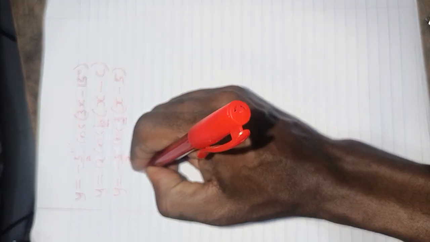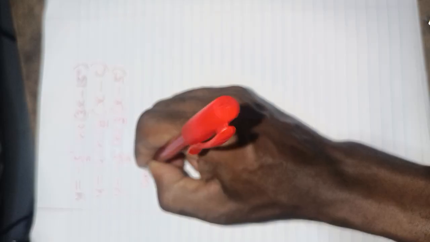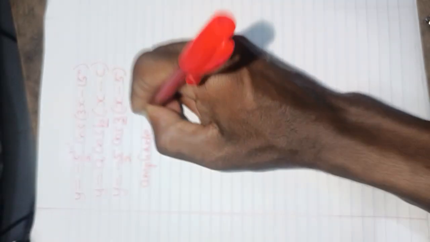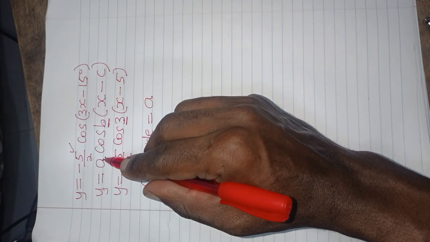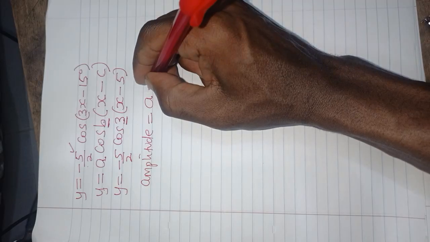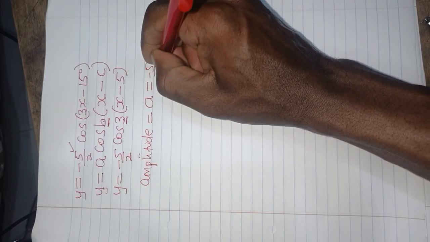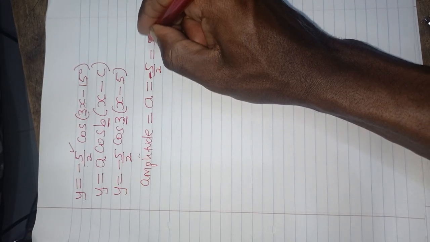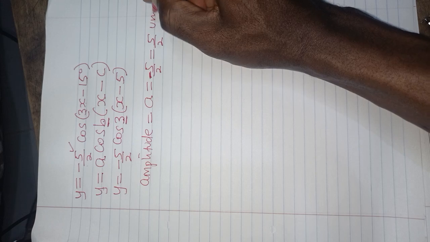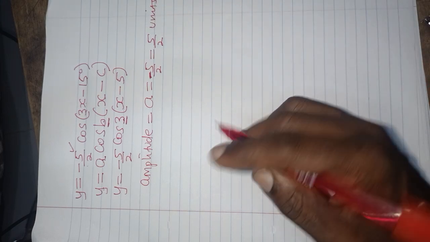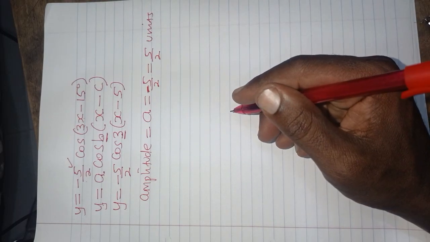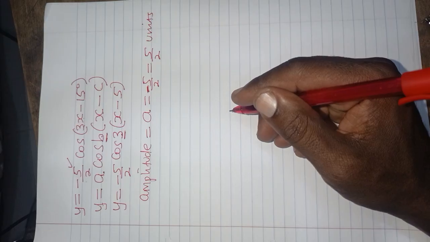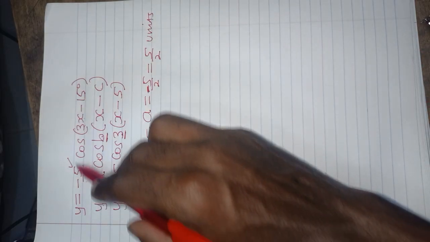So that I know very well that amplitude will be equal to our a, the coefficient of that trigonometric ratio. So that becomes our amplitude, which is going to be -5/2. And because it is just the maximum displacement on either side of the x-axis, it will just become 5/2. Then I'll write units. So the negative is dropped for the purpose of us getting the maximum displacement on either side of the mean position on the x-axis for that curve which gets drawn with such an equation